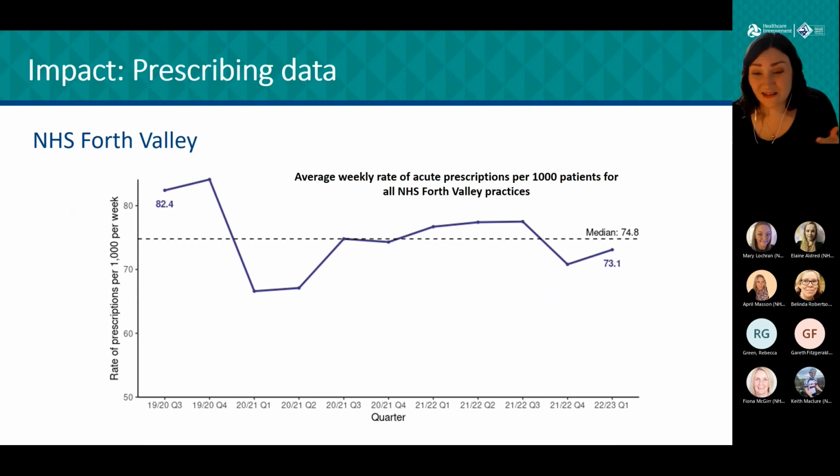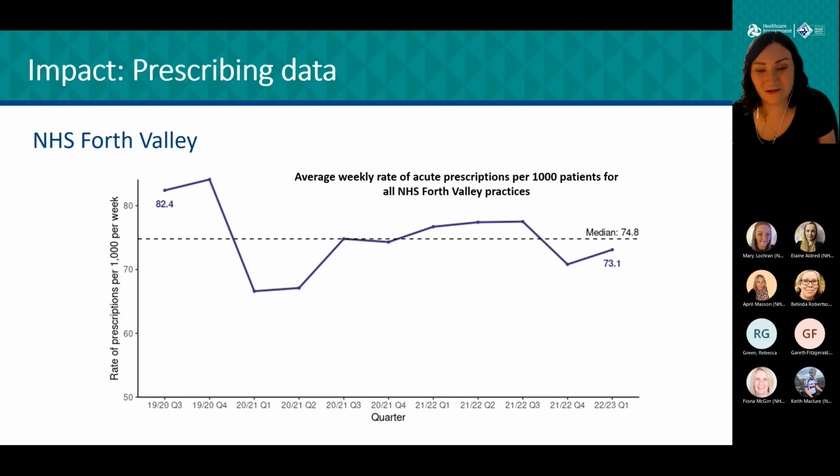Looking at this data over this kind of timescale, it's also really important for us to recognise that without the intervention, it's likely the number of prescriptions issued would have risen over this time in line with the increased demand for services and population factors. So the fact that a population across the country is getting older,